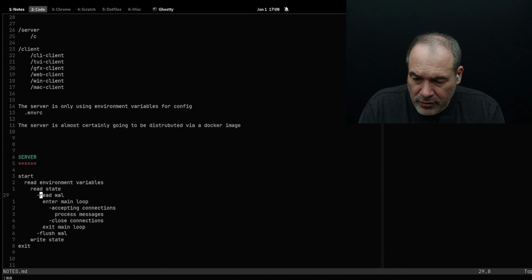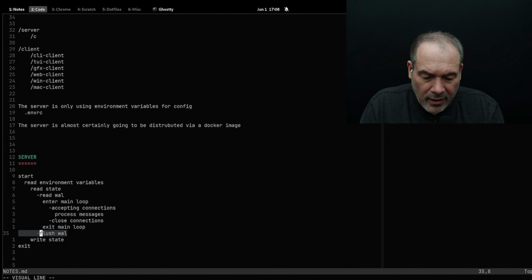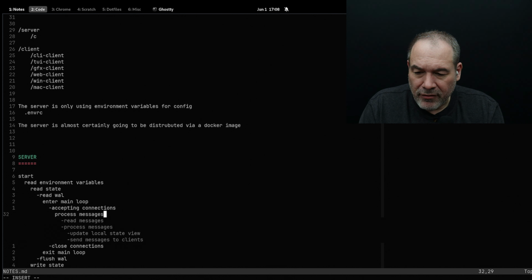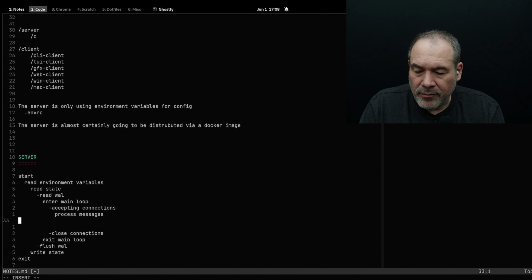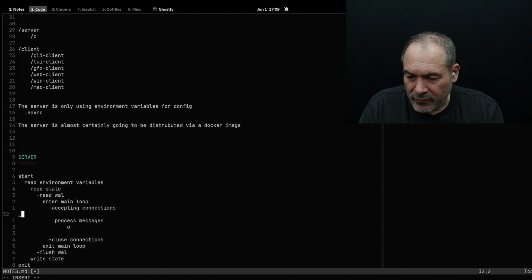So there's two parts here. I could work on read the wall and flush the wall, but the thing is the write ahead log will have zero information in it. It doesn't start to have information until you get here, when you start processing the messages, because then inside of the processing of the messages, what you're going to do is write wall, and then accepted connection. Probably could be even more particular here. We could say you accept the connection, you receive a message,